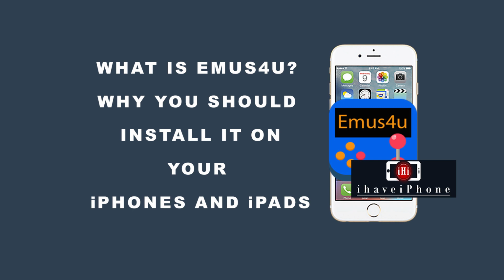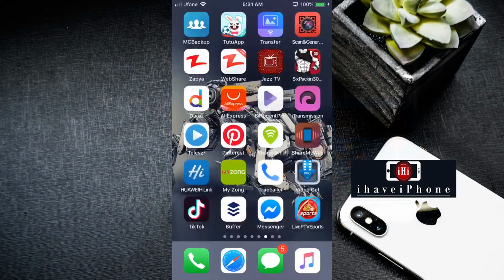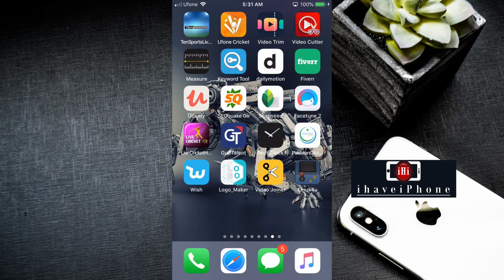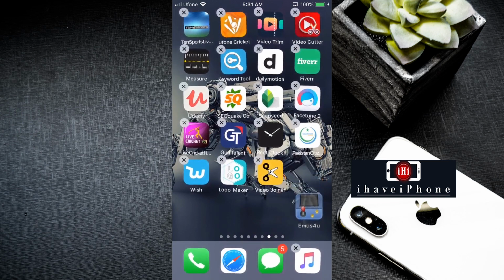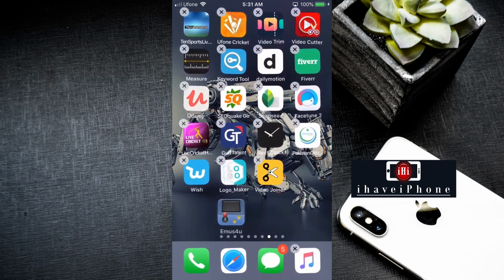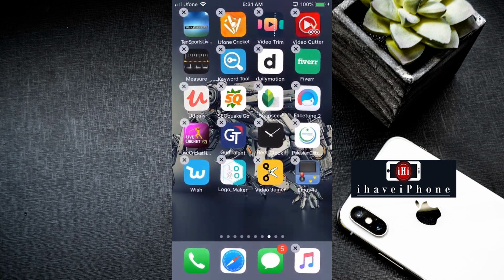What is Emus4u for iPhone? Although Apple has its own App Store and most of its apps are paid, there are some other third-party app stores which provide low cost and a variety of apps and games to Apple users. Emus4u is also a third-party unofficial app store which provides access to thousands of apps and games for